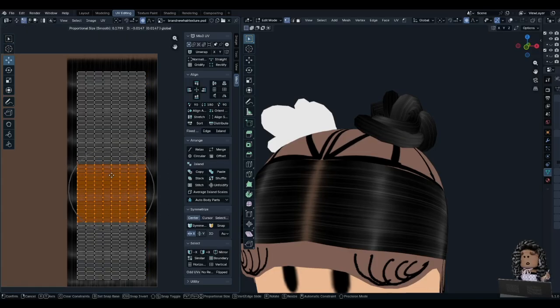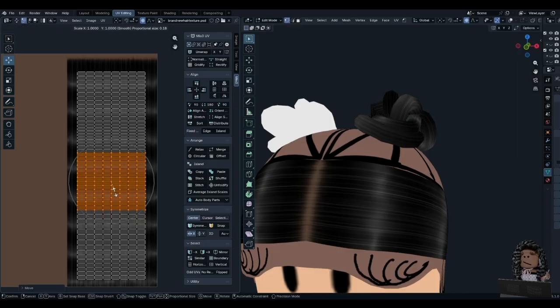You can also use proportional editing to move around parts of UVs that you